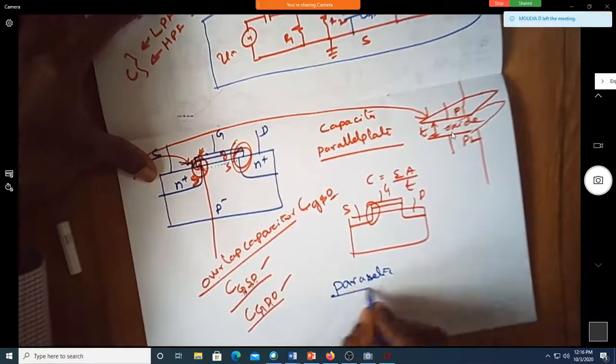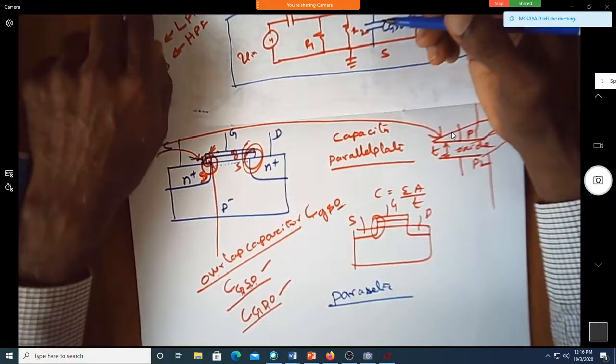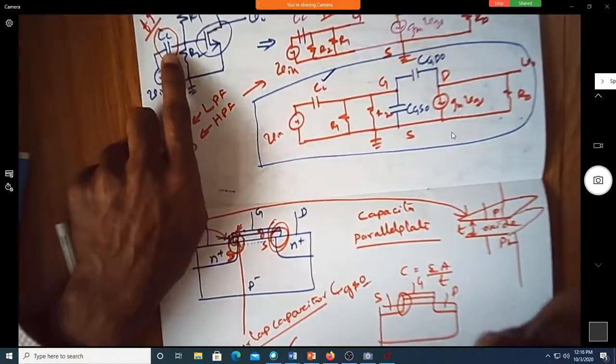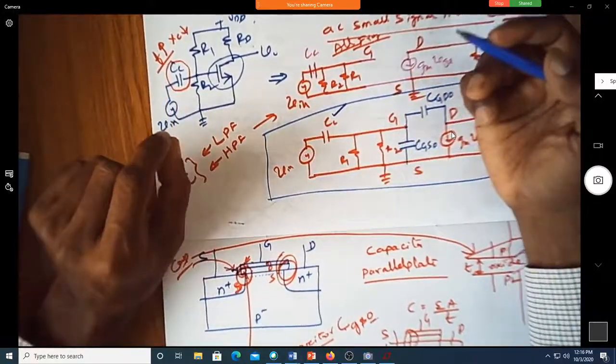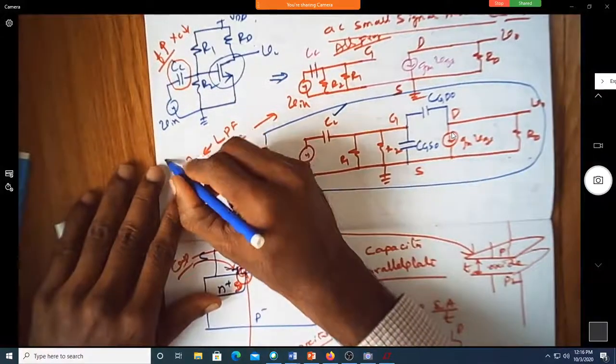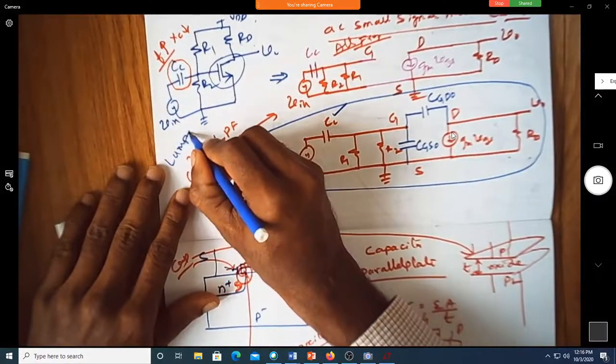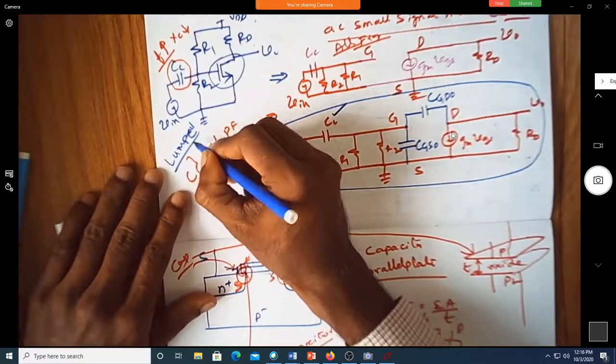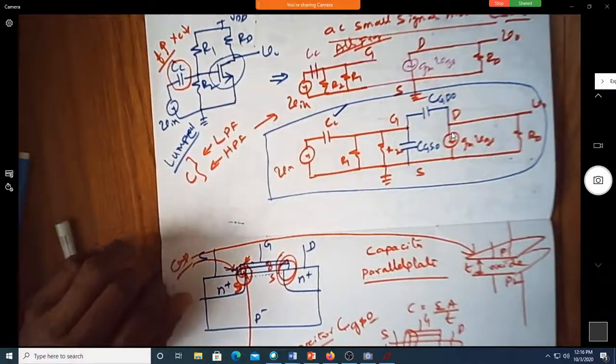See here, this is a capacitor which you have intentionally put. So while doing your amplifier, did you put in your Tinkercad a 0.1 microfarad capacitor in the circuit? Yes, sir. So that is called lumped. This is called a lumped capacitor because you are physically placing it.